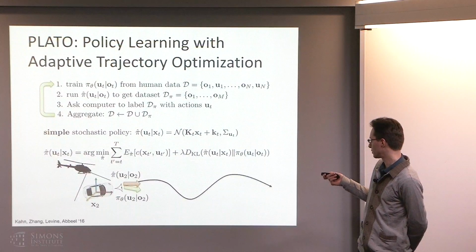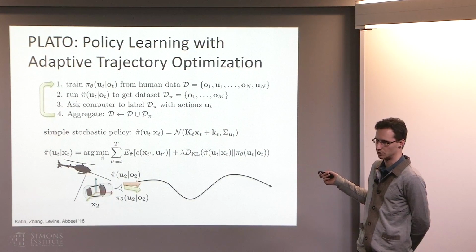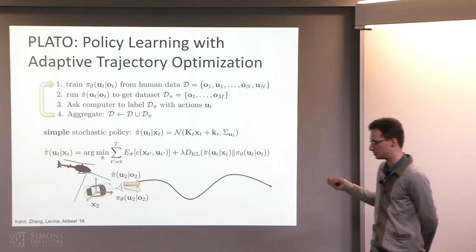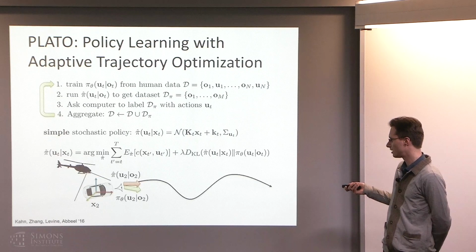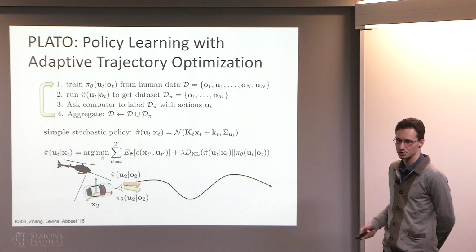So this KL divergence term just ends up being an expectation under pi hat of log pi theta plus an entropy term. The entropy term turns out to be really easy to integrate into optimal control problems, and the other part is just an expectation of a cost, and this is an expectation of some other thing, so you can just add this to your cost.